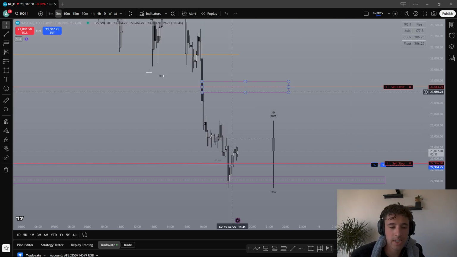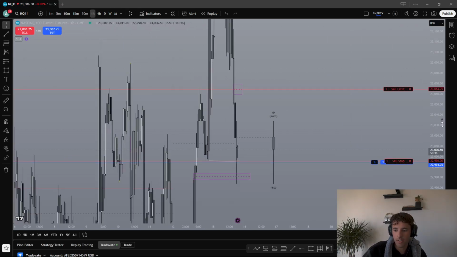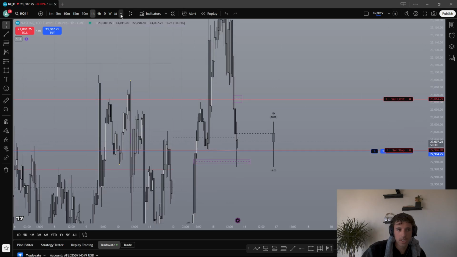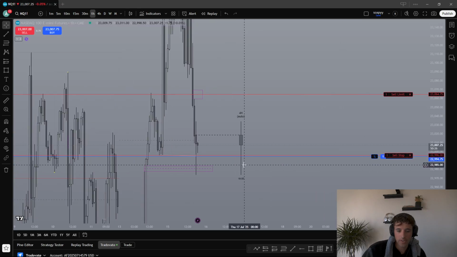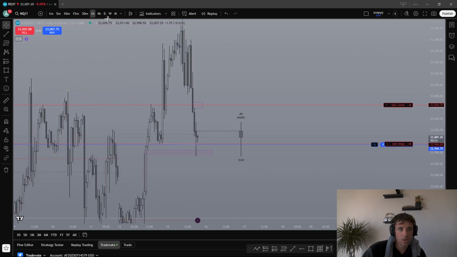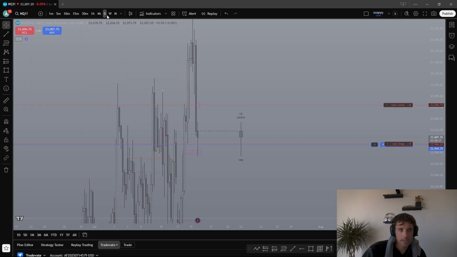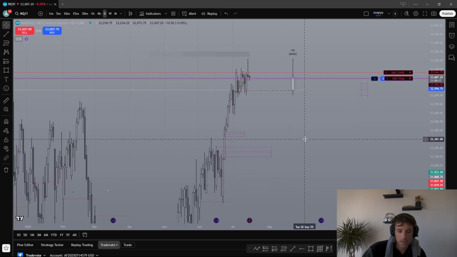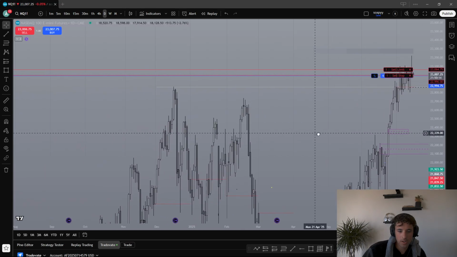So the objective for the day is to find anything above the 1 hour and shoot for it over the course of the day. If you don't see anything obvious at 1 hour or above, don't even trade. If there are no 1 hour gaps, if there are no prominent daily highs or lows, don't even bother.